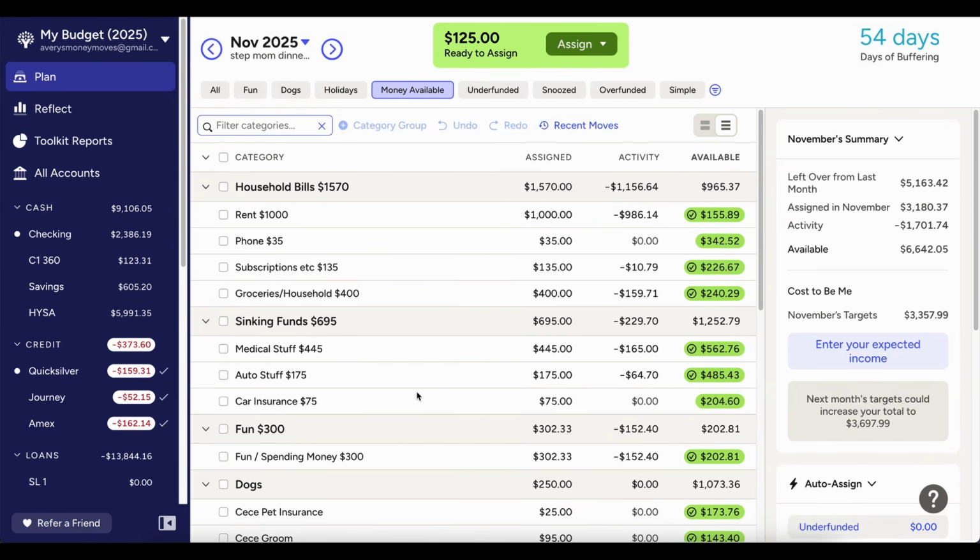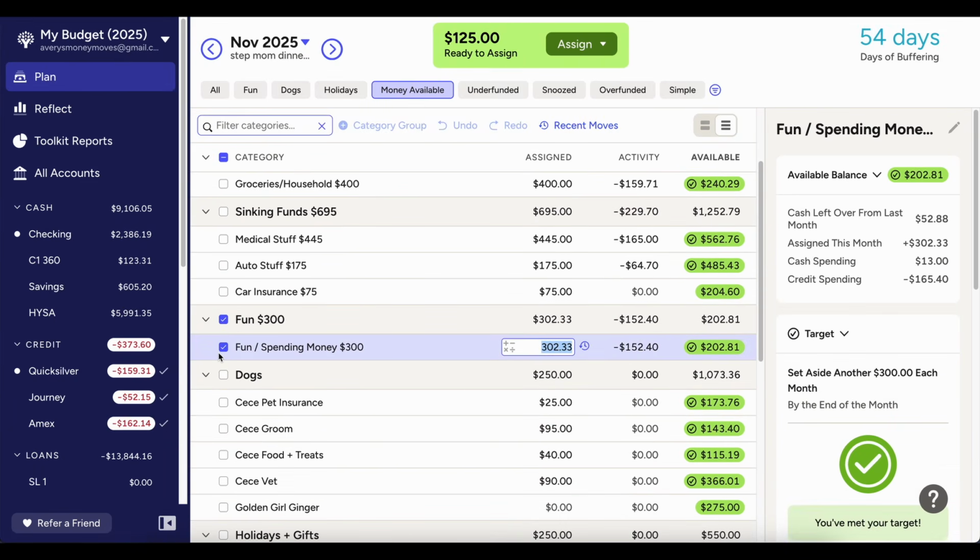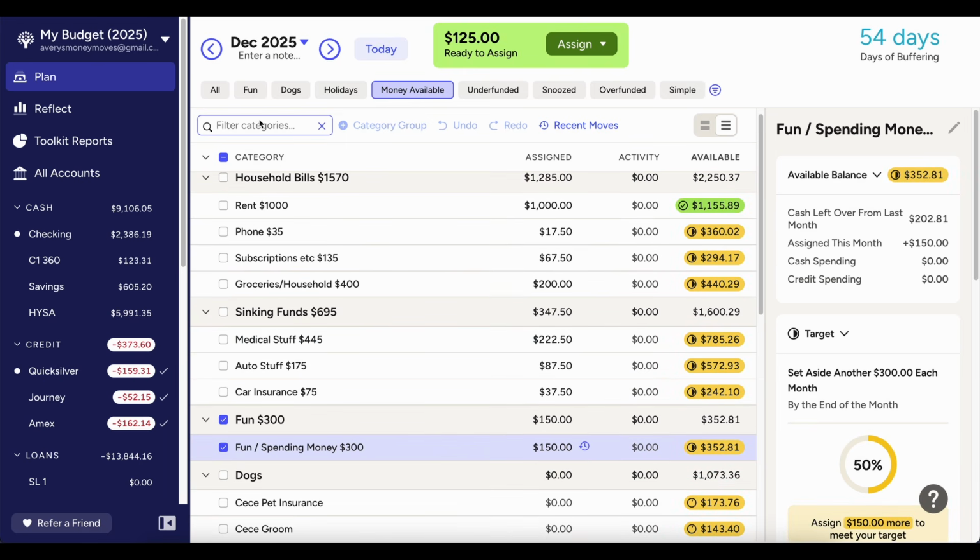Currently, for money available, I think if I needed to for the holidays, what I can do is I can use my regular groceries budget to help offset the cost of any food expenses I have for Christmas and Thanksgiving. And then I was also thinking my fun and spending money, since this is supposed to be very flexible, I could use this as well. And since December rolls around, I'll get another $400 for groceries and household.